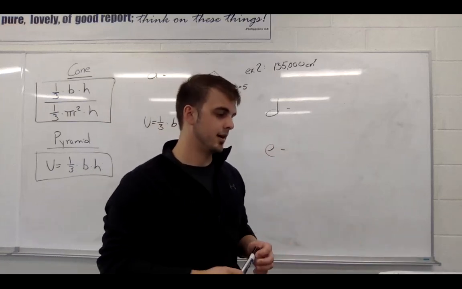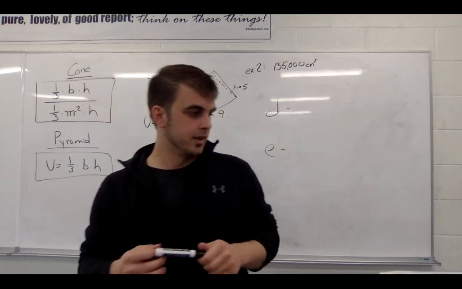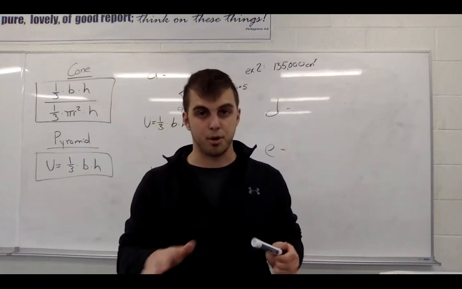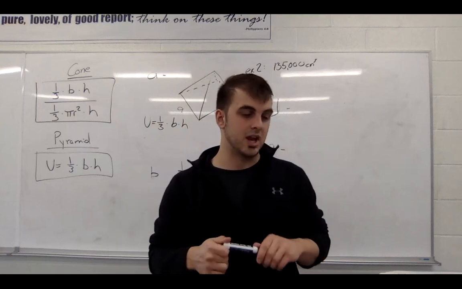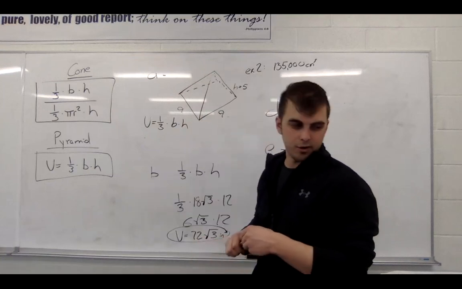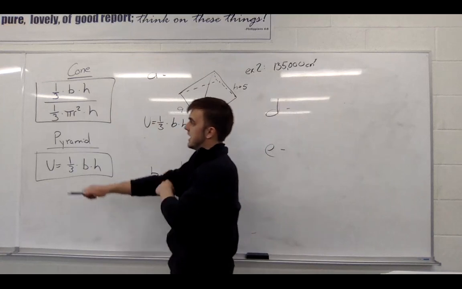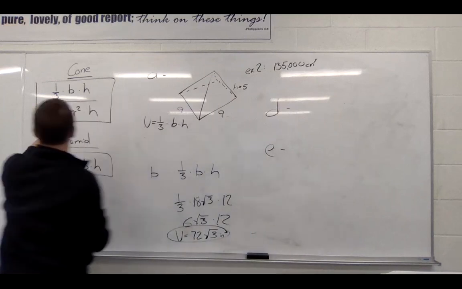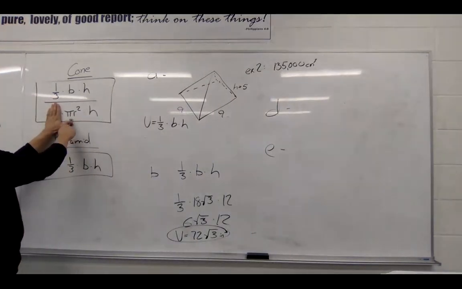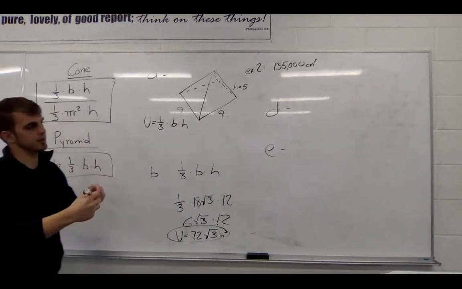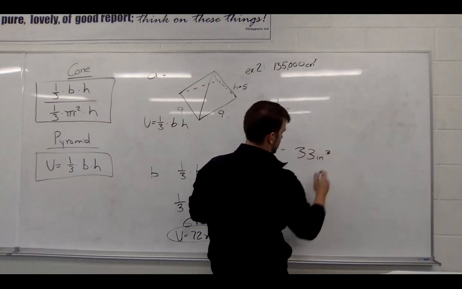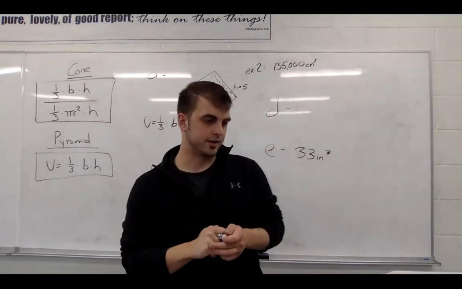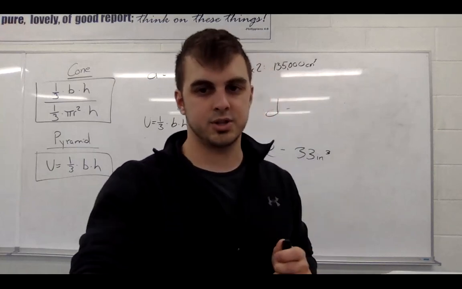Letter E then, you have a party hat in a cylinder container, and it fits perfectly. So obviously it works with our equation that we have. If the volume of the container is 99, what is the volume of the hat? Well, the container, which would be this right here, equals 99, and you put the 1/3 in there. What is 1/3 of 99? It would be 33 inches cubed. Perfectly there. So that's how you figure that out. Again, let me know if you have questions, and that is